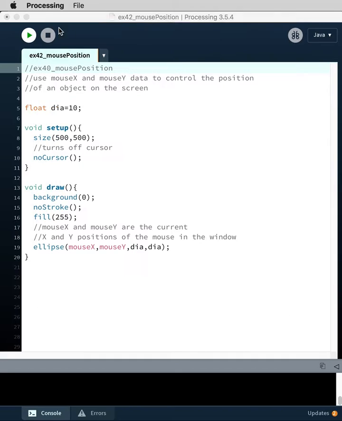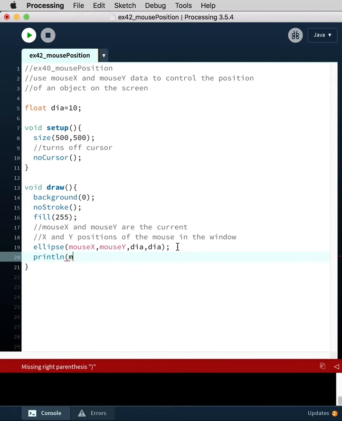Okay, so if we just add another line here, we'll do a println, and then we'll do mouseX plus space and space plus mouseY, close. So now when we run this,